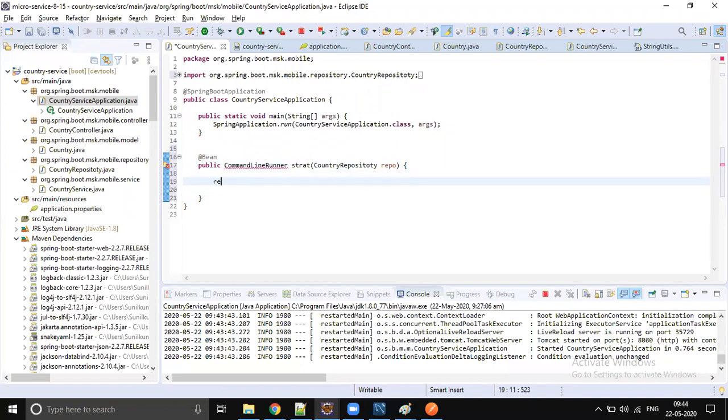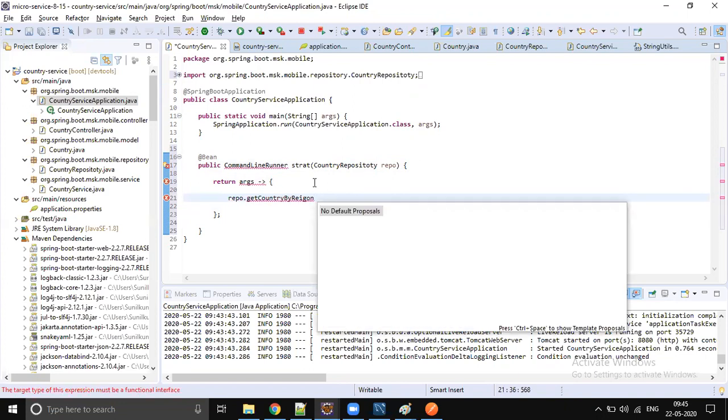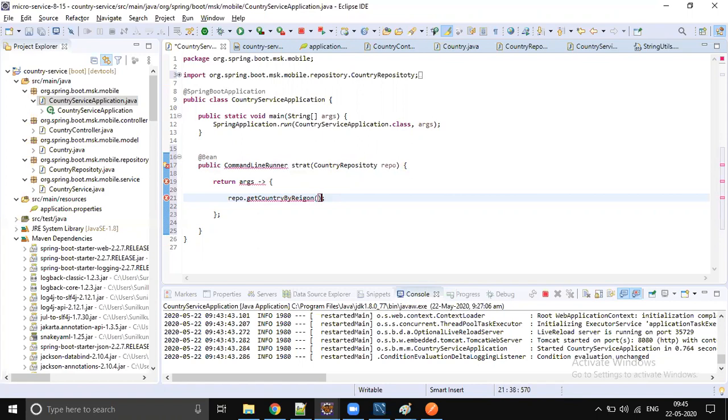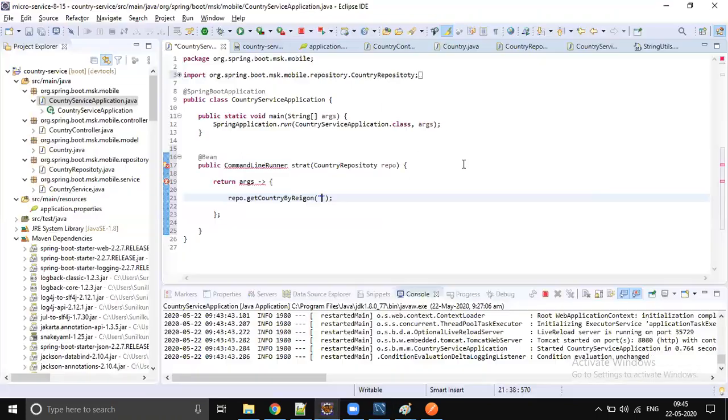Just return the command line implementation. So it's a simple lambda. So inside this, I call repo dot get country by region and pass the region. All right. So let's pass the same thing, Central Africa.